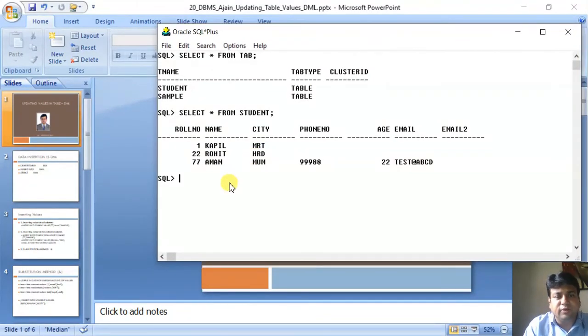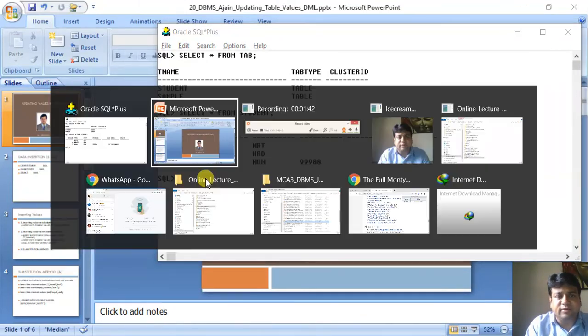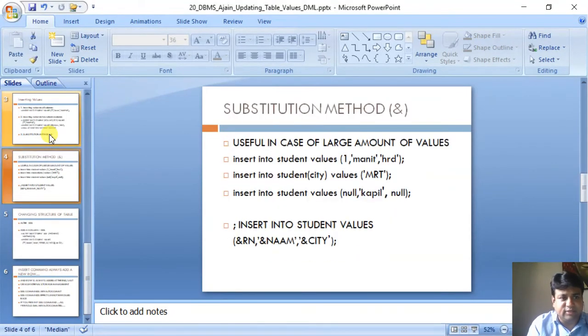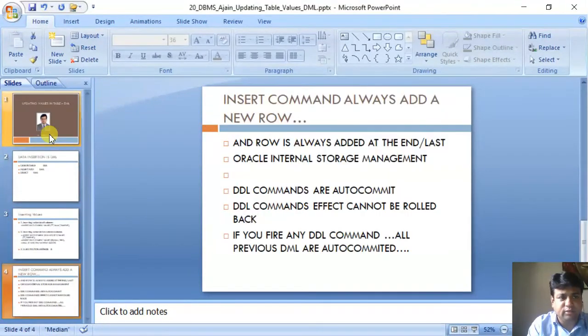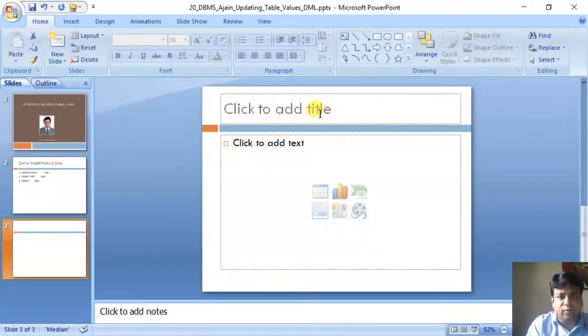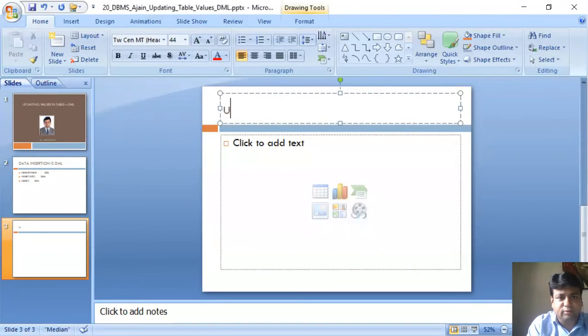Now the first thing, changing a particular value. It is very simple. Updating values means that you want to change the column values.